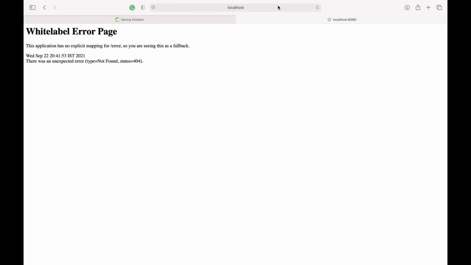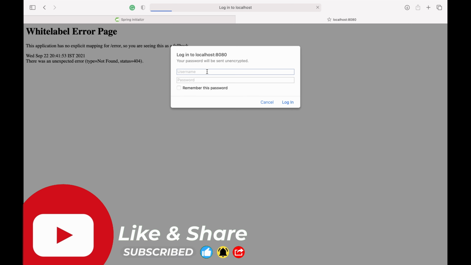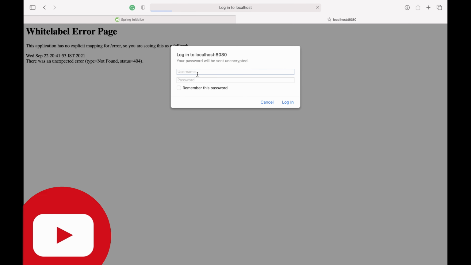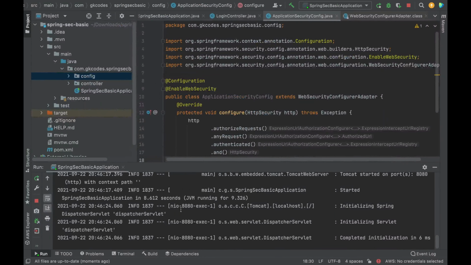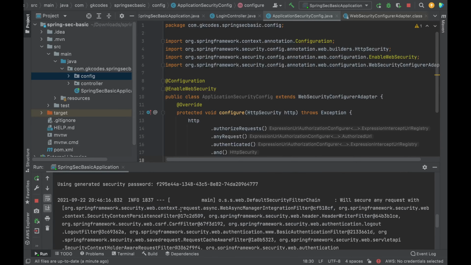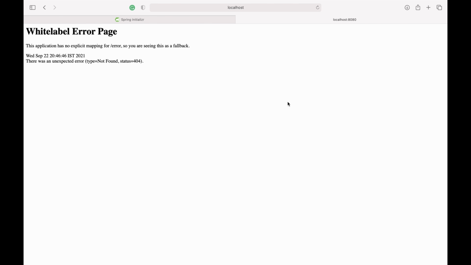Okay, so now I'm going to refresh the page. If you look at it, it's using the default Spring Security login page. Username is user. Password, we have to copy the password from the logs. So this is the password, and login.